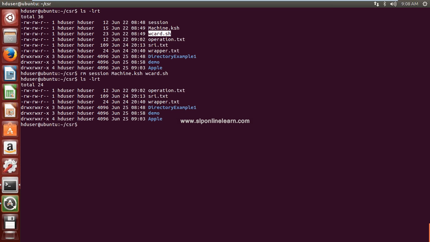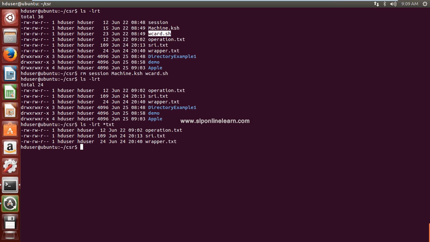So this rm command is used to remove files, and here you can use wildcard characters also. Suppose there are some 3 text files, and if you want to remove all text files, you must be careful while using this command.